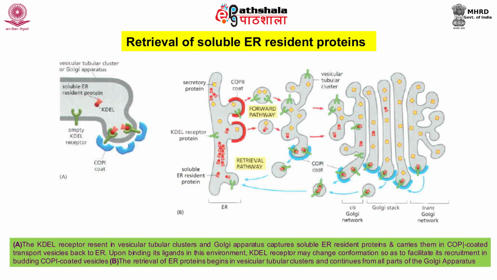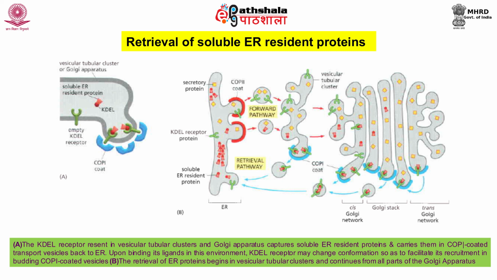To balance the transport pathways, at least one retrograde pathway should be there to carry cargo molecules back from the Golgi to the ER. Retrieval of proteins from Golgi to ER is very much necessary. Some proteins are ER resident proteins that may have a role in folding and modification of newly synthesized proteins. Proteins involved in the export machinery itself may also be salvaged for reuse in a subsequent round of vesicle formation and transport. The retrieval pathway depends on ER retrieval signals.